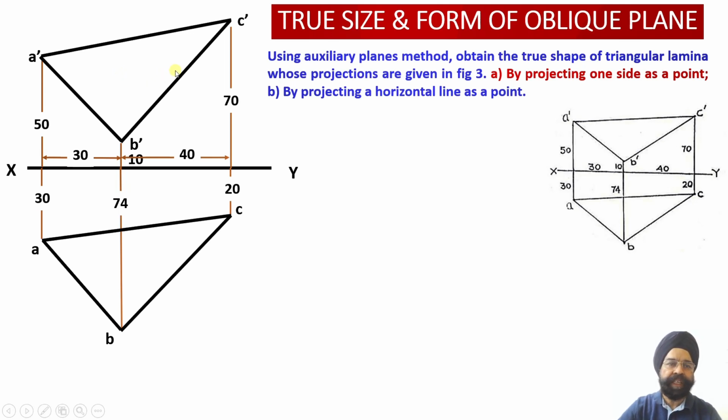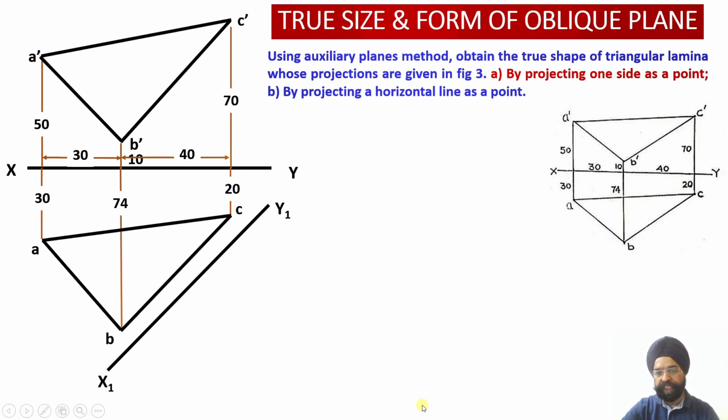So as I told you earlier, the choice lies with you whether you pick up this edge or this edge or this edge of the elevation, or whatever you want. You can pick up this edge AC, this edge AB or this edge BC of the plan. Here, since I have drawn it towards the topmost left corner of my sheet, I have space available on the downstream side. So having drawn the front view and the top view, I am going to draw an auxiliary vertical plane. So the first auxiliary plane which I am going to draw, x1 y1, will be my AVP.